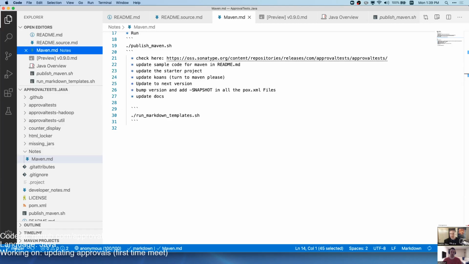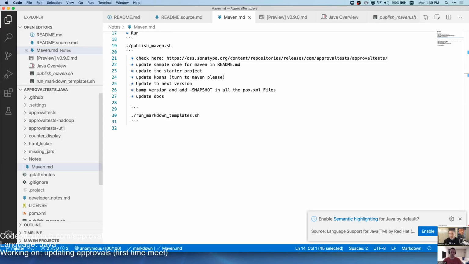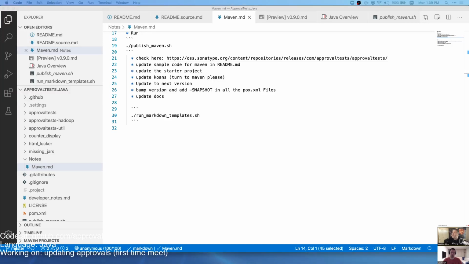Say to the next version. And notes Maven. Okay. Update sample code for the Maven in the README. Yeah, I guess that's fair enough. Okay, so first, dot publish Maven.